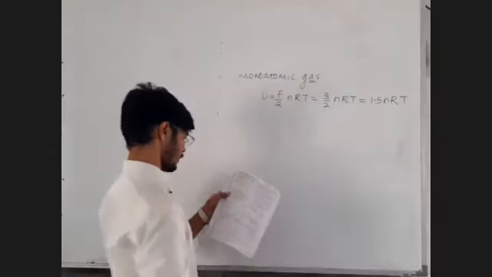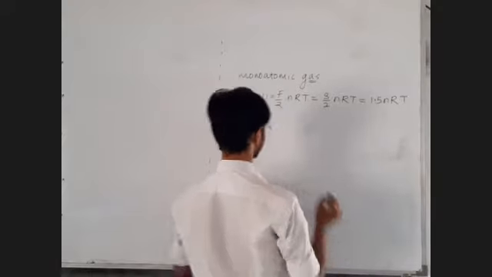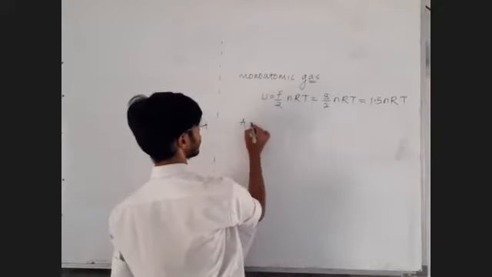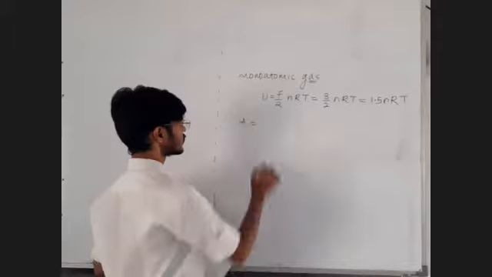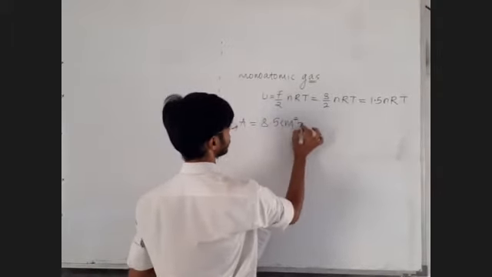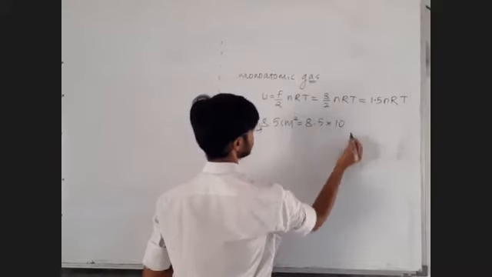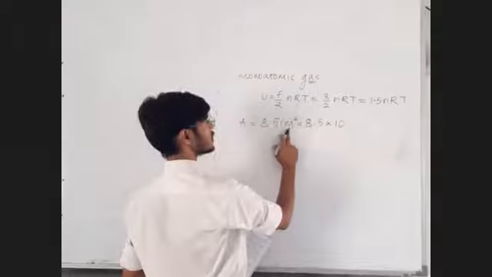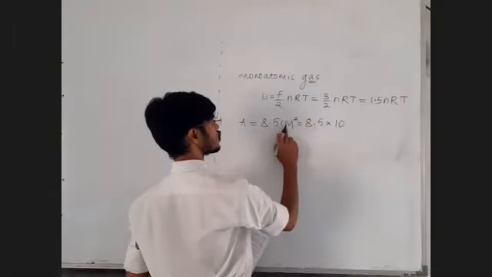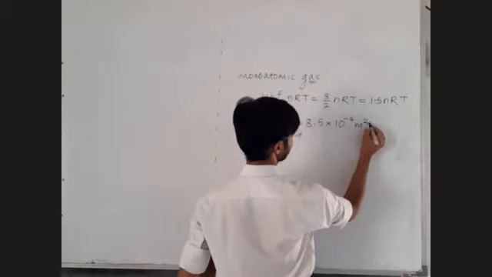1 mole of helium, which is a monoatomic gas, is kept in a cylinder of cross-sectional area 8.5 centimeter square. Let us convert it immediately into meter square. Centi means 10 raised to minus 2, so centimeter square means 10 raised to minus 2 meter square, squared, which is 10 raised to minus 4. Meter square is meter square as it is.